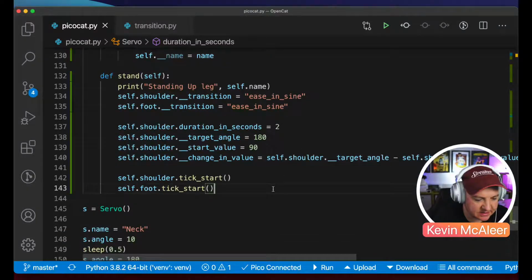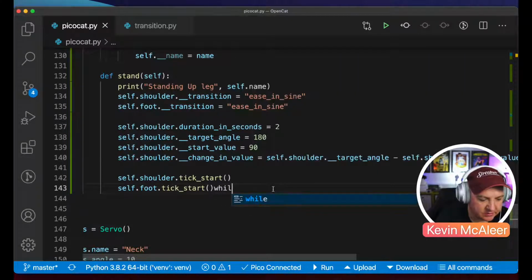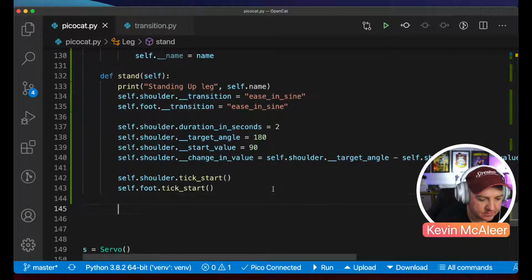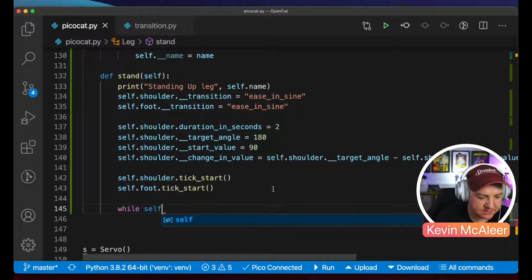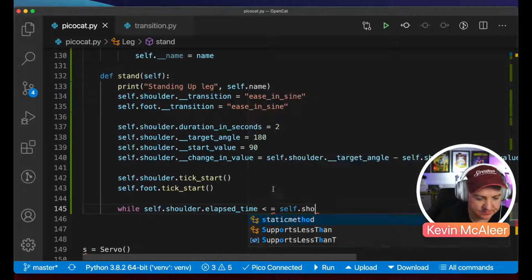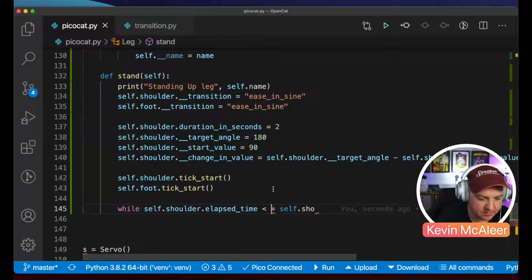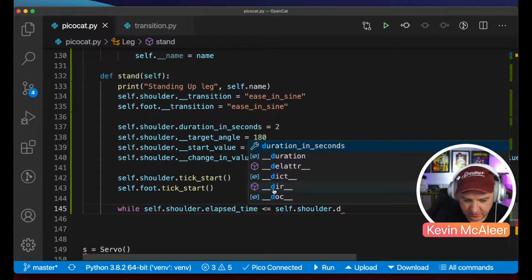So in our standing up code, and I'll explain why we shouldn't have it here, I'm also going to put a little loop. And what I'm saying here is, while the self.shoulder elapsed time is less than or equal to the shoulder duration,